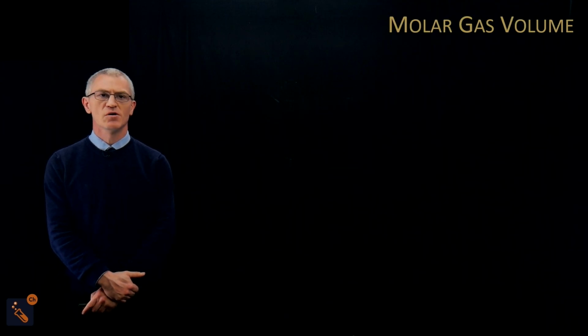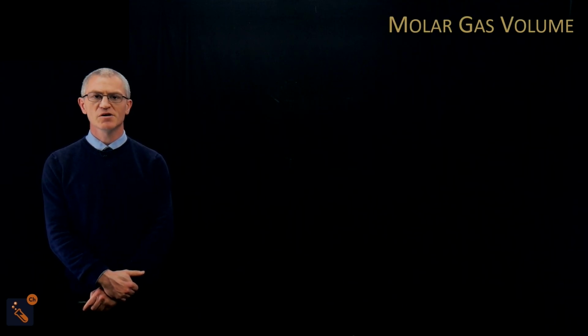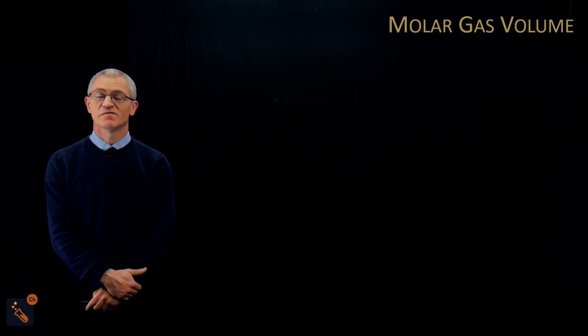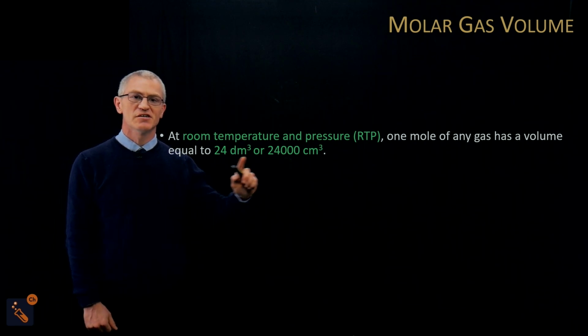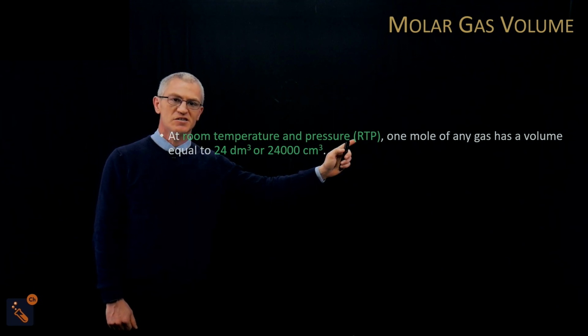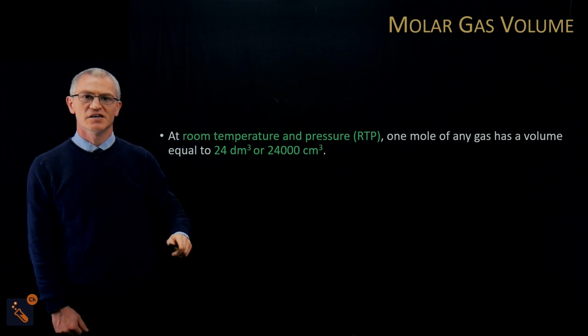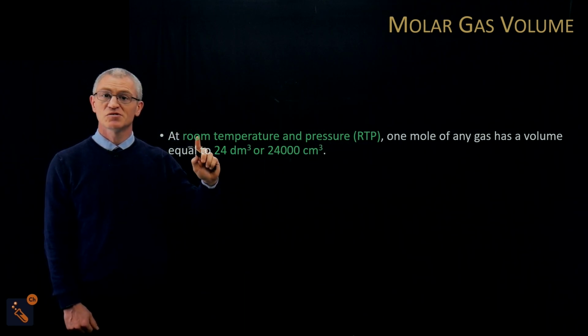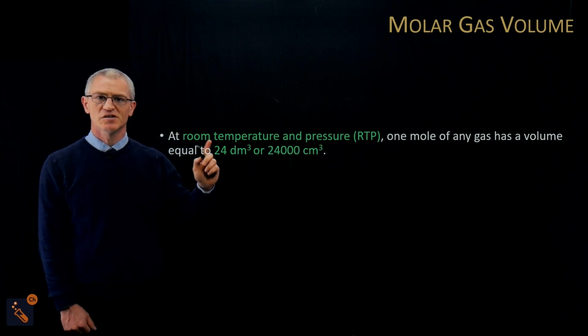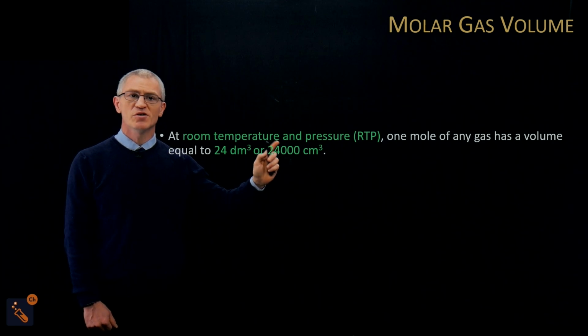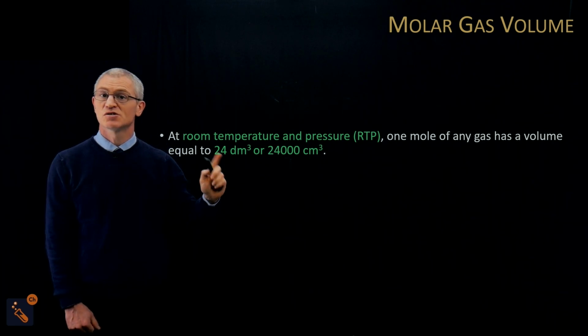So what is molar gas volume? Molar gas volume is, first of all, 24. And what it means is, at room temperature and pressure, which is RTP, if you see RTP, that means room temperature and pressure. Room temperature is usually about 20 degrees, room pressure is about 1 atmosphere. But if you see room temperature and pressure, 1 mole of any gas is equal to this 24 I just